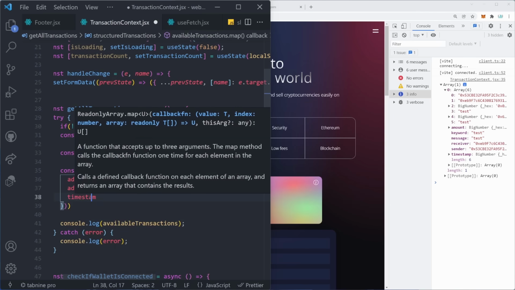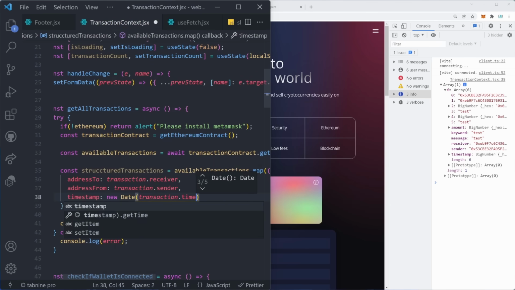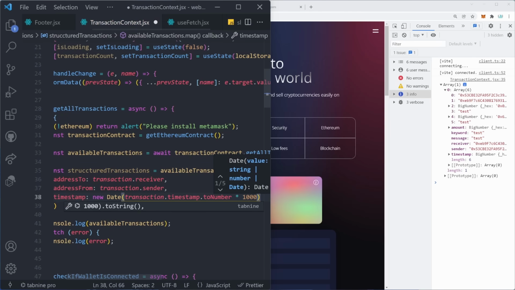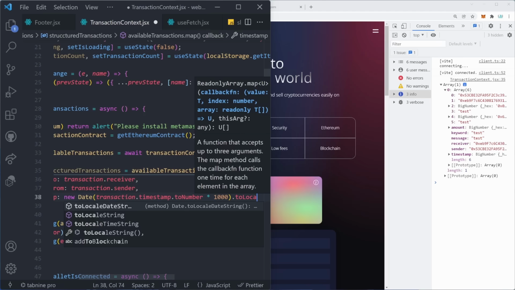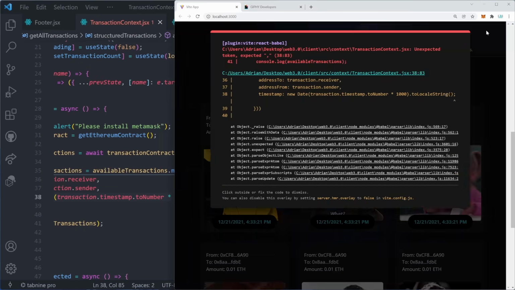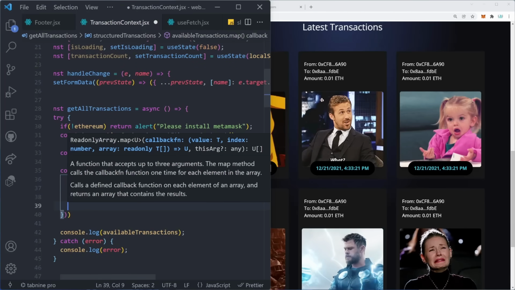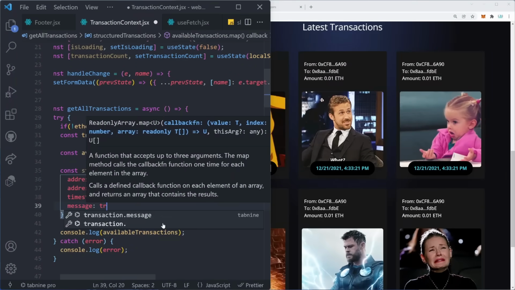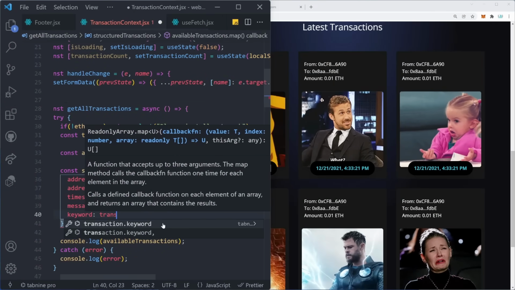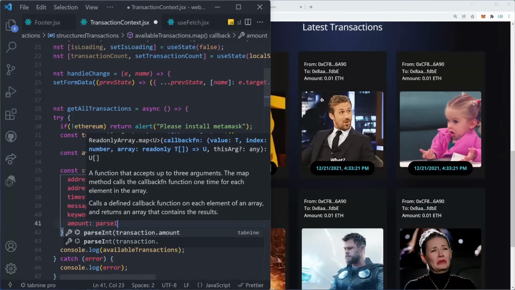Then we want to have a timestamp, which is going to be equal to new Date, transaction.timestamp, and then .toNumber times 1000. And finally, .toLocaleString. This is going to give us that nice time and date representation. The thing I'm referring to is this format right here. Then we're going to have a comma. Then we need a message, which is simply going to be transaction.message. We need to have a keyword, which is going to be transaction.keyword. And finally, the amount is going to be parseInt